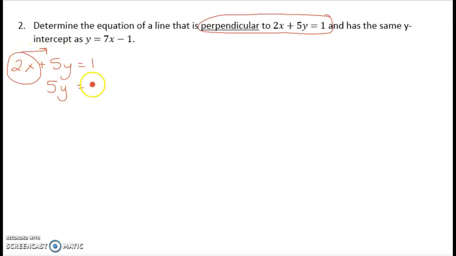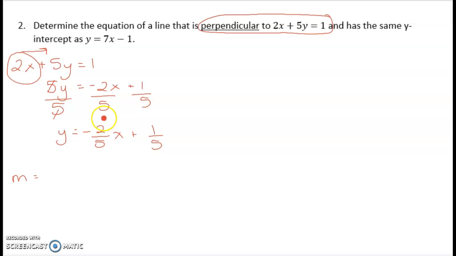Okay, so first things first. Perpendicular to this. So I'm going to write it here. 2x plus 5y equals 1. So we have to put it in y equals mx plus b. So 5y equals, we're going to bring this 2x over and it becomes a -2x and then plus 1. Now we have to solve for y, so we have to divide by 5 all around. Okay? 5y divided by 5 is just 1y. Then we have -2/5 x plus 1/5. So our slope here is